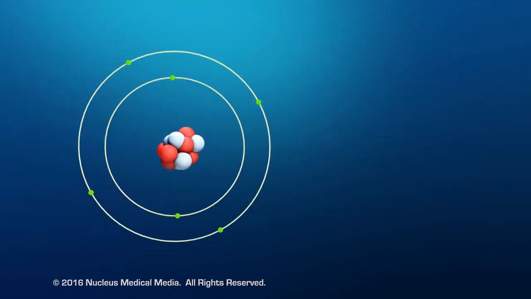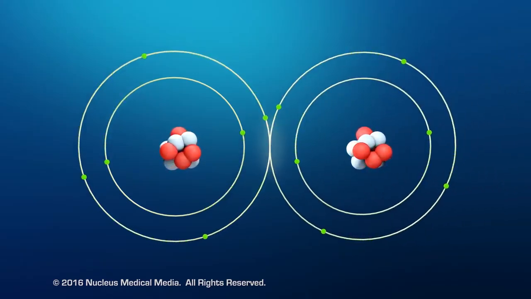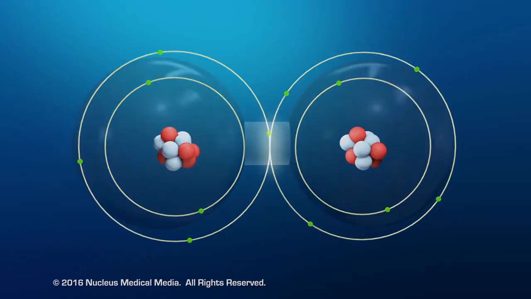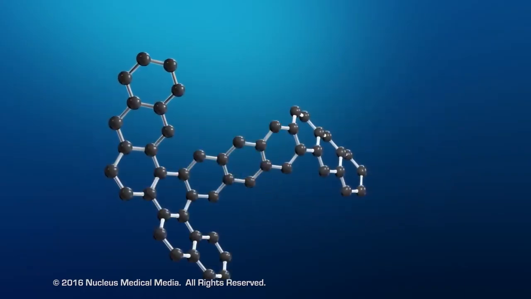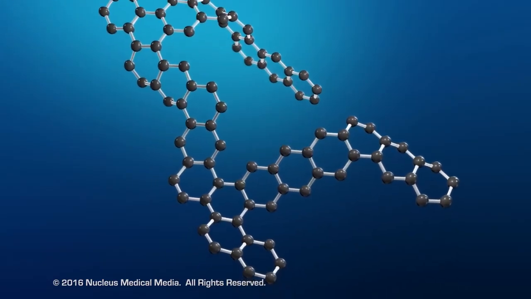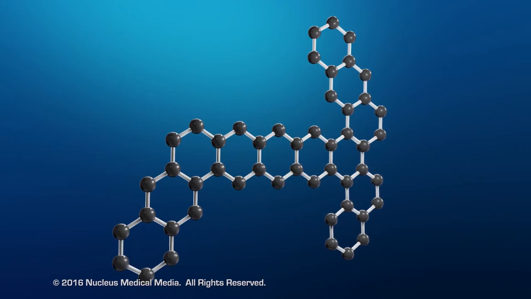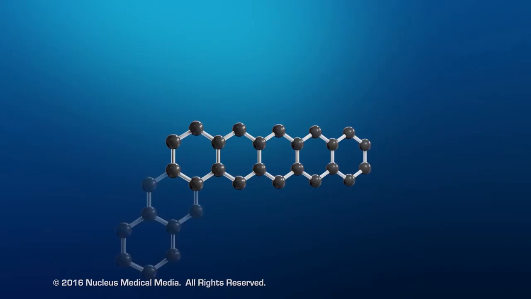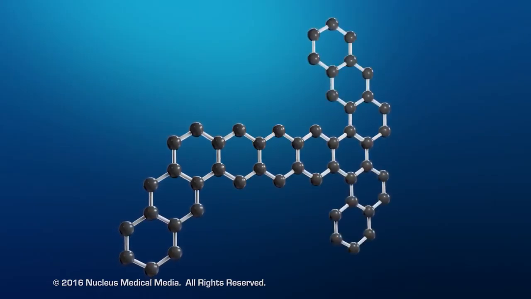Another feature of carbon atoms is they often form covalent bonds with other carbon atoms to a nearly unlimited degree. This means that 2 carbon atoms can bond to one another, 50 carbon atoms can bond to one another, or even hundreds of carbon atoms can bond to one another. The ability of carbon atoms to bond to one another gives it the unique ability to shorten or lengthen a chain of carbon atoms to meet the varied demands of the chemistry of life.